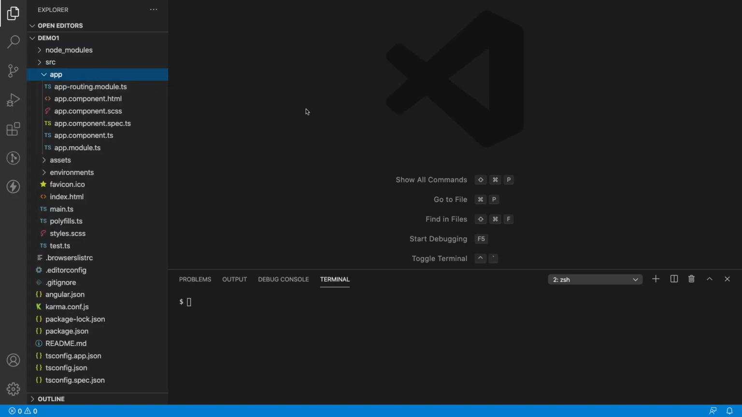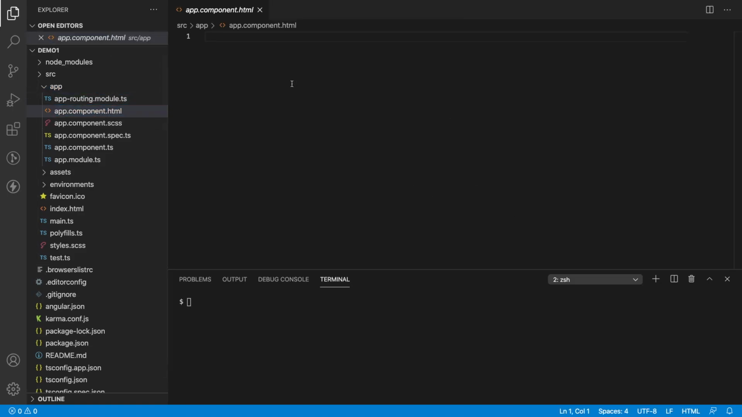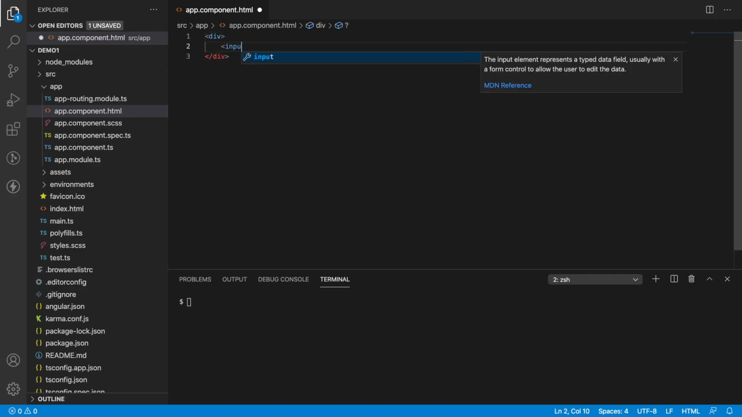Before going to property binding, please try to understand interpolation. If you want more details about interpolation and the different types of bindings we have, please watch my previous videos. Here, let me go into app.component.html and create some form. I have a div, and inside this div, I have an input which has type as text and placeholder as enter username,